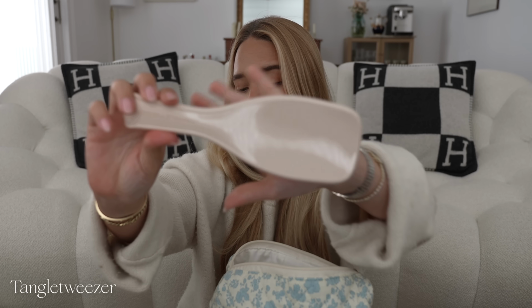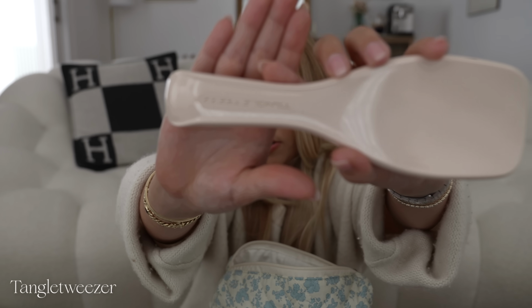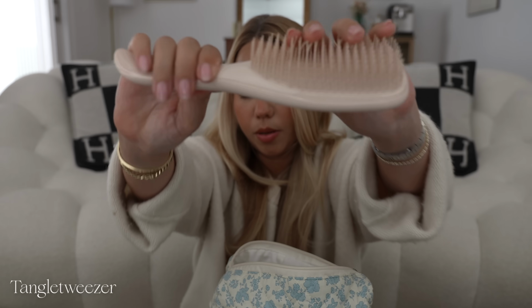This is probably the best brush that I found. I am trying to focus the camera on it. I don't know why it's not doing it, but it is so good. I'm gonna link it. I got this at Sephora and I also use it after the shower. It's just a really good hairbrush for anyone looking for something that doesn't hurt when you try to untangle your